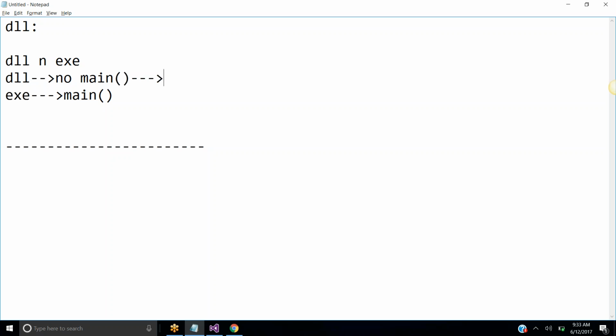So listen here. Even though the DLL is not executing, we can take a reference of the DLL in the EXE and we can execute it as many times as you want in the EXE application. Now I'm telling you people, see here, the DLL even though it is not executing directly,